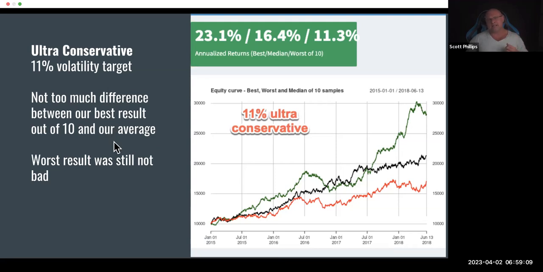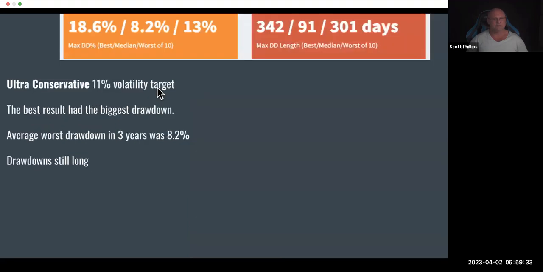And let's not pretend that luck is not a thing. What taking risk means is that you're going to have good luck and bad luck, and you might do really well and you might do badly. And if you are in the bottom 10% of lucky people, and you've taken a very conservative volatility target, you've still done pretty good. After 3 years, you've turned your 10,000 into somewhere around 17,500.